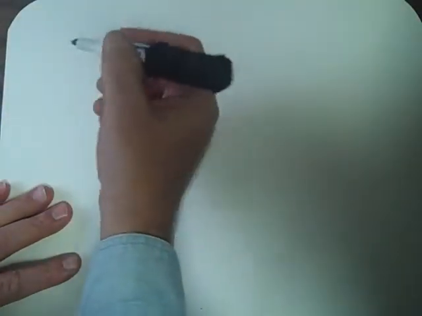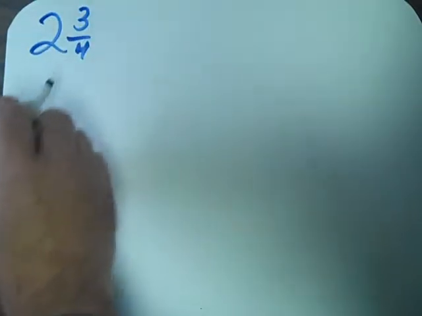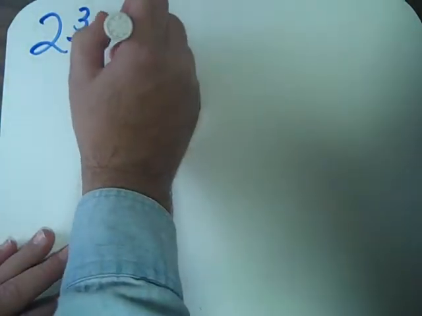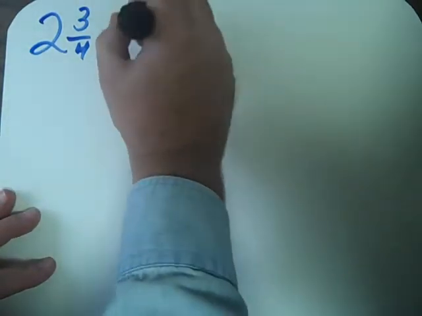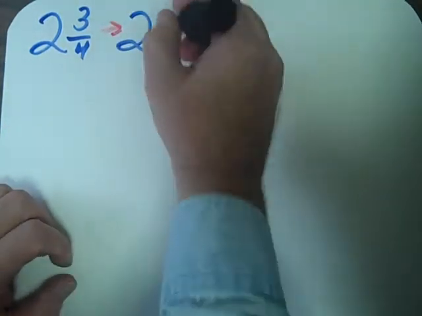In my last video, I showed you how to add fractions with unlike denominators using models. In this video, we're going to convert mixed numbers into improper fractions using the strategy of adding fractions with unlike denominators. In class today, the first problem that we did was 2 and 3/4. Now another way to say 2 and 3/4 is if I had two wholes, two of something